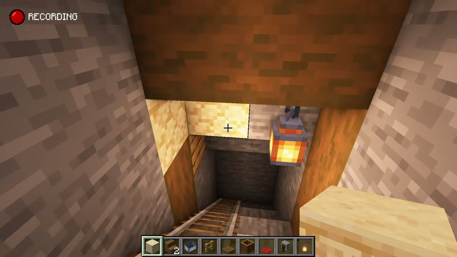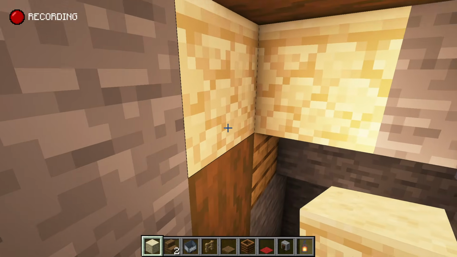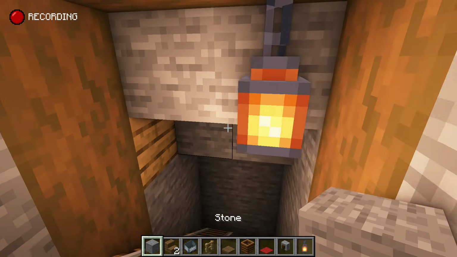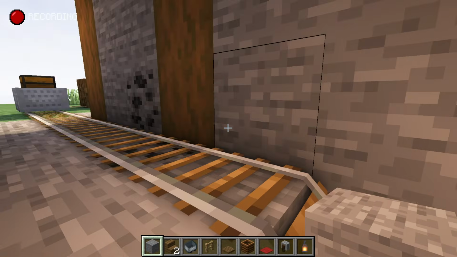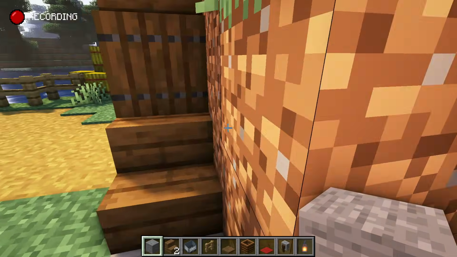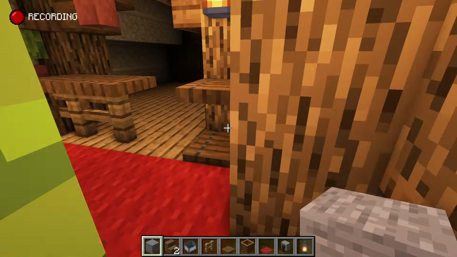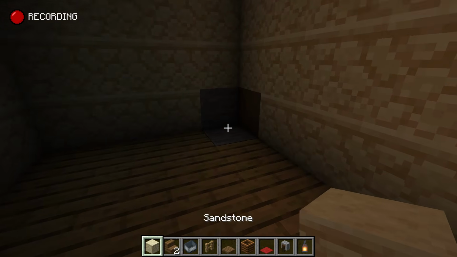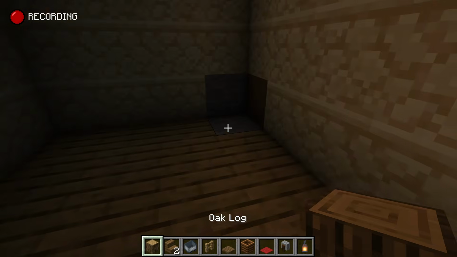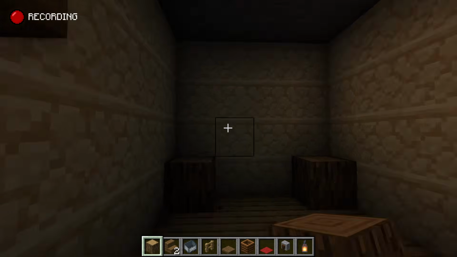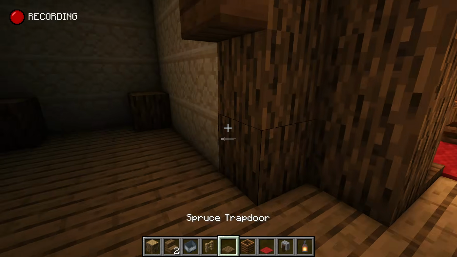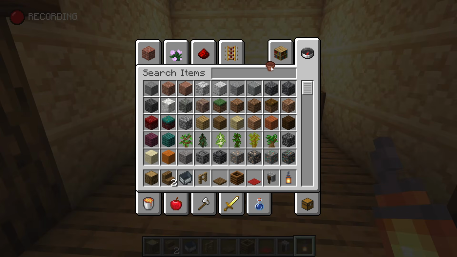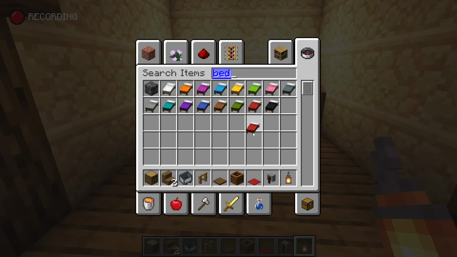So you go down here. Let's take that and that, put it right, and even that as well, just so it looks alright in the mine. And then we can just work around it by adding a table or something there. Do you know what I mean? Like that either side, something like that. And then we can have our bed here. So bed,